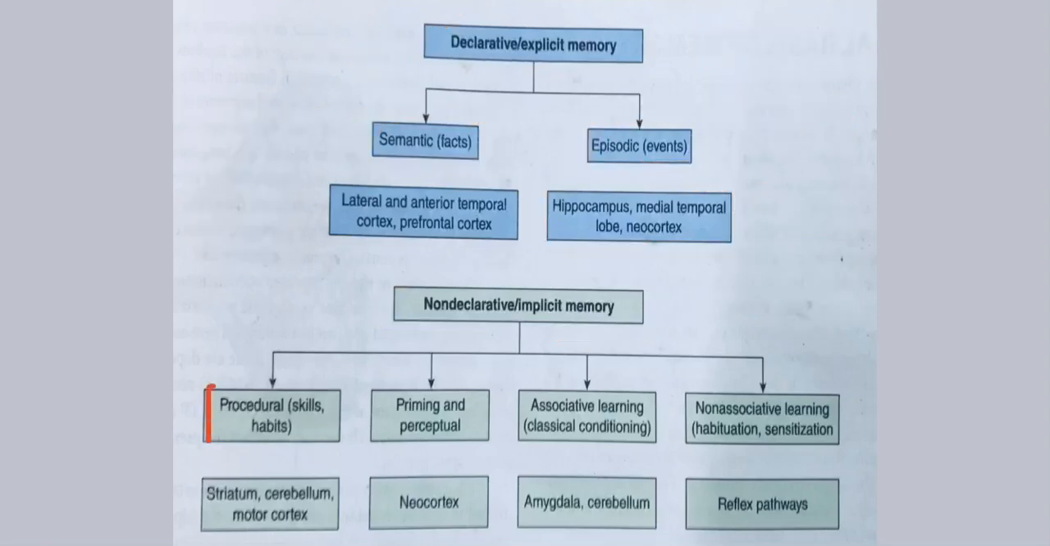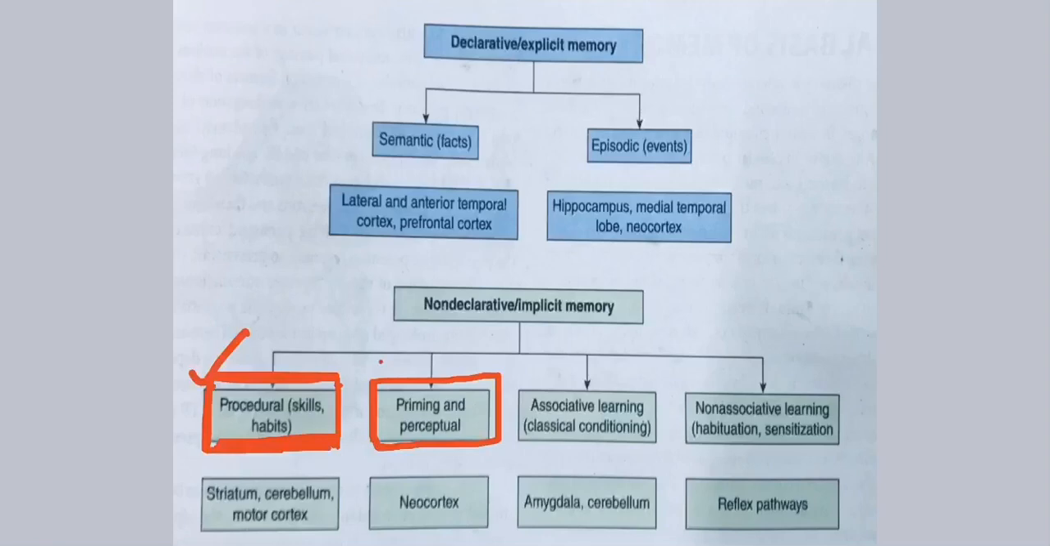One is procedural or skill, whatever skill you have acquired. Once you become a surgeon, then automatically you have acquired that skill of performing a certain surgery. That thing is implicit memory. Any habit you acquire throughout your life. Okay. Second is priming and perceptual. Priming and perceptual is like, sometimes we say, tell me a little bit, like if you have to